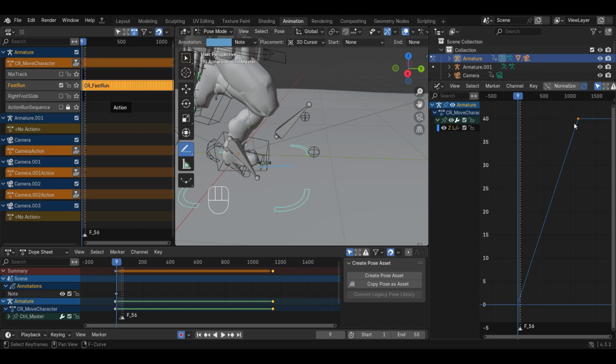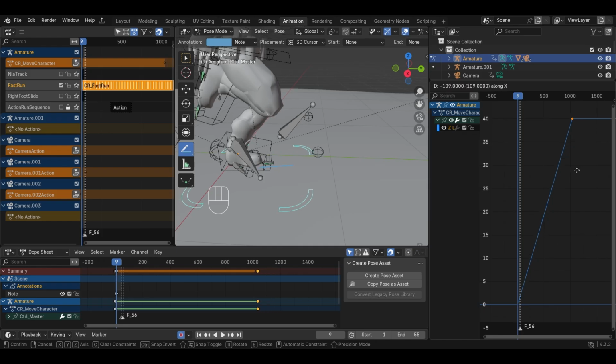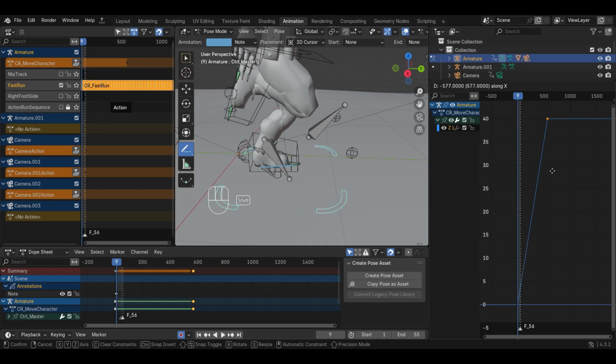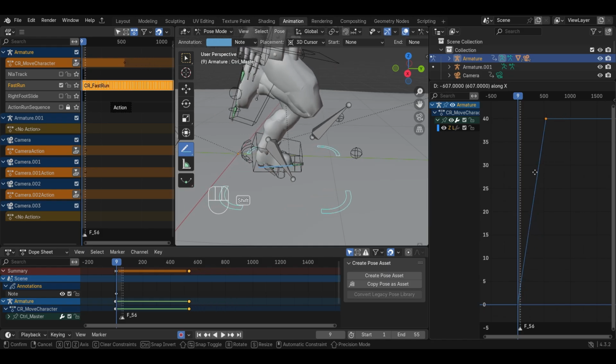So what we're trying to do is to adjust this guy backward until the foot comes to this line over here, which was the first contact point. So I'll press G and I'll press X also. So G to grab like you are about to move the keyframe, then X to lock it on the X-axis so that it doesn't move up while we're doing this. So all we're doing is moving this guy backwards until it makes contact. I'm holding shift down to slow down the rate at which it's moving,